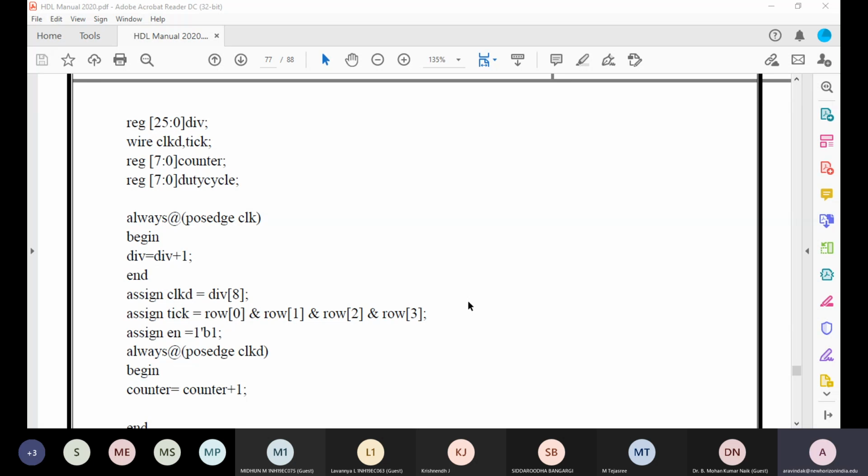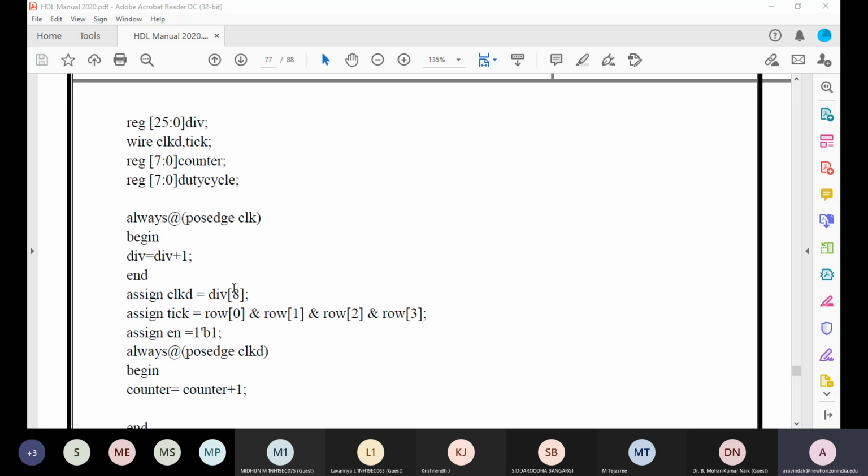We press one of those 4 keys to select the speed. Let us say low speed, medium speed, high speed, very high speed. These are the 4 keys. Whenever you press a particular key, that key will have a switch, right? That switch will give a signal to the FPGA board, and based on that, we are telling the FPGA board whether we are choosing low speed, medium speed, high speed, or very high speed. Based on that, now the PWM will happen.